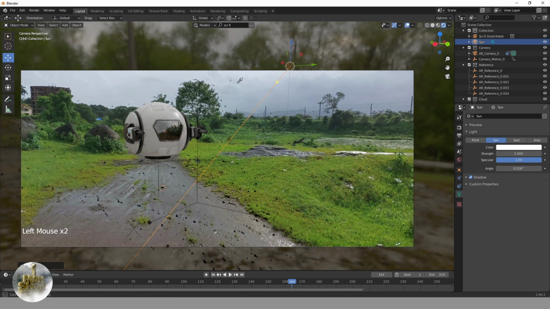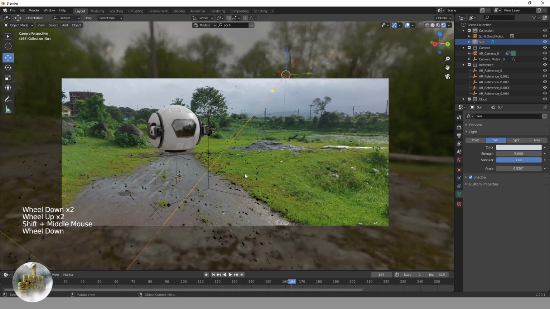Then I picked the color of the sky from the background footage to match the sunlight with the skylight.